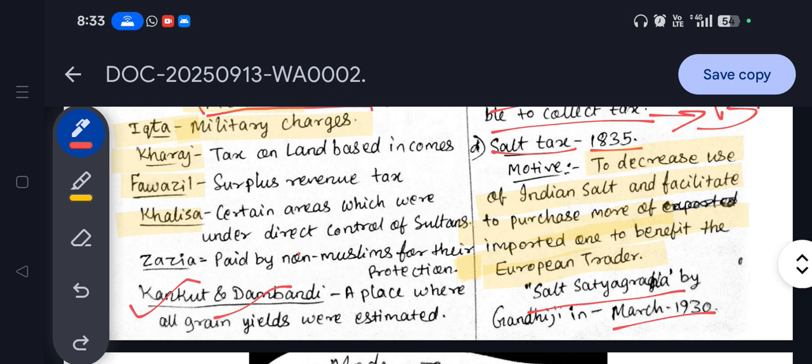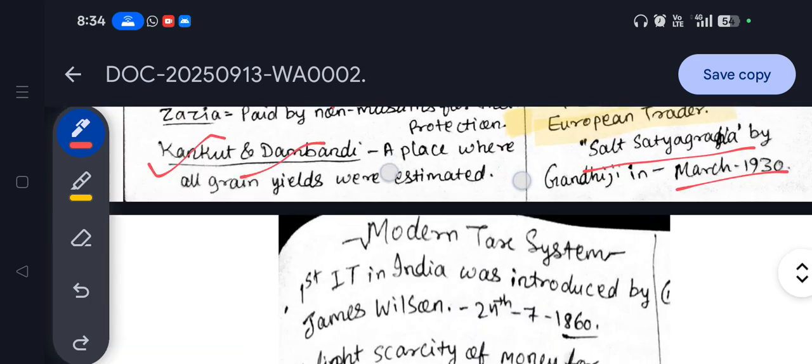In some way, it was a gesture by Gandhiji that it is our land, it is our resources, and that's why we will not pay any tax to you Britishers. See, what I am doing is avoiding your rules, I am breaking your rule, because we don't want you in India, as you people are exploiting India. So this was the purpose of the salt satyagraha, and this was the event that happened.